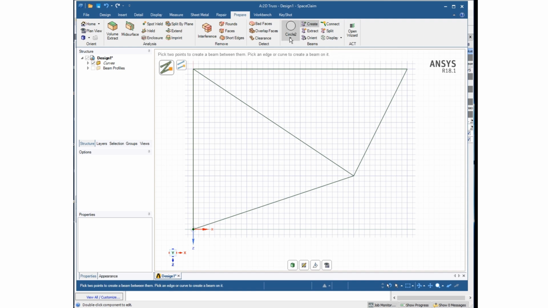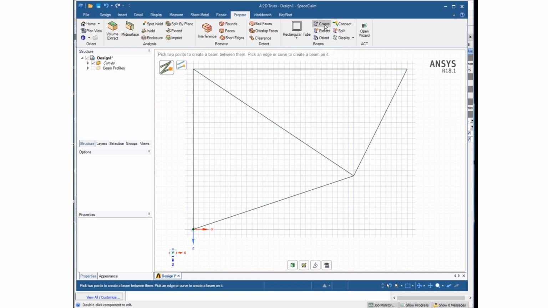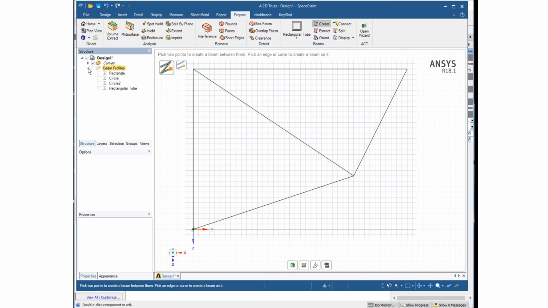hollow square, so I'll click my drop down and click on a rectangular tube, hit Create, and that should do all the geometries that I have. I think I have one more solid circle. With those 4, I think actually I'll be okay. If not, I can always come back and add one. So now that I have those added, I can come over here and look at them in the drop down,